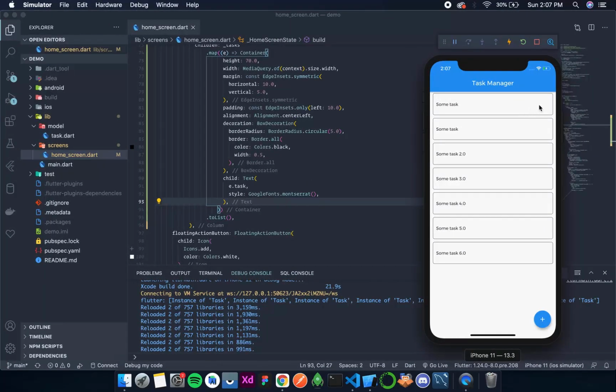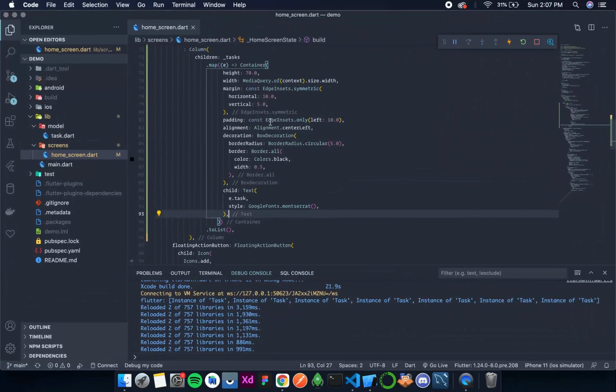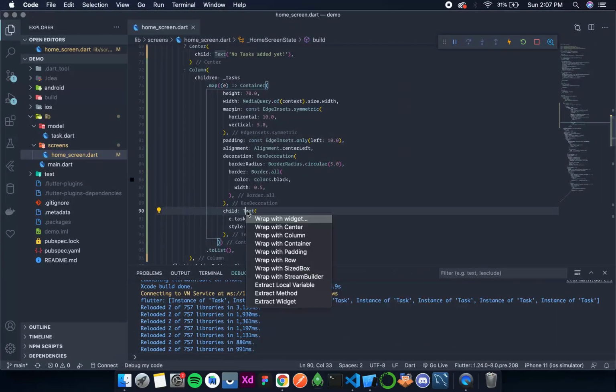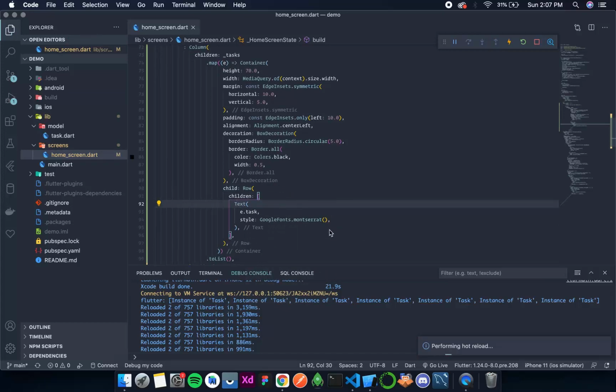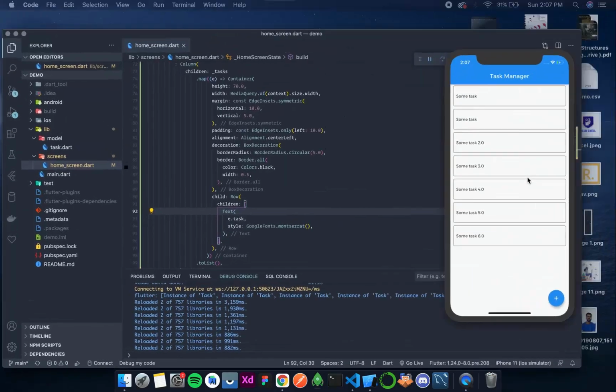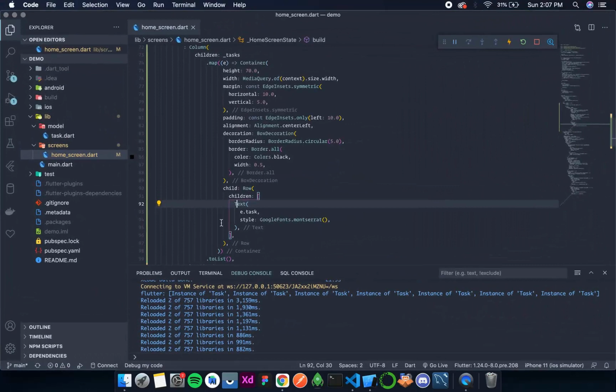Now all we need to do is add a radio button over here, and as soon as it is ticked, mark, instead of radio button we can use a checkbox. As soon as it is checked, we will remove this task item from here, and also from the shared preferences. So for that I need to wrap this text around a row. Okay, so like this. Let's save this. Now yes, so there is no change in UI, that's good. Now I'll add a checkbox.